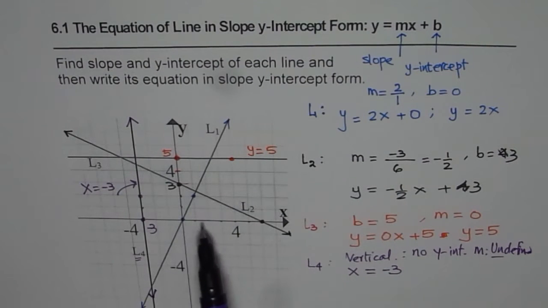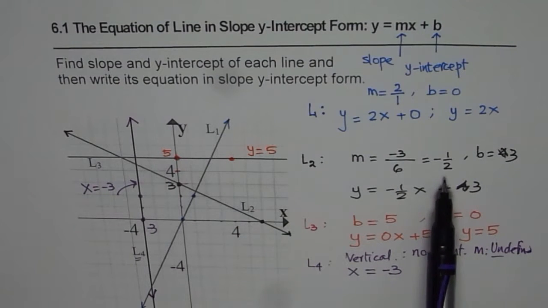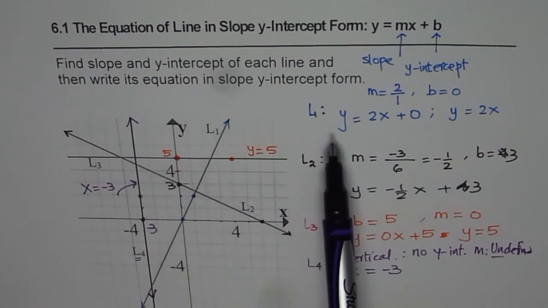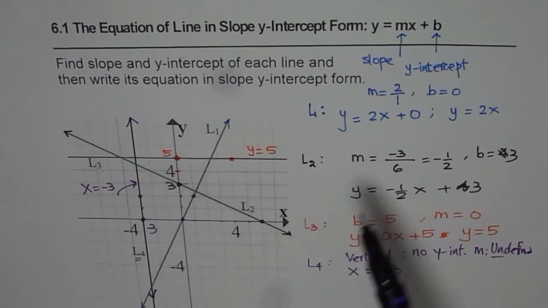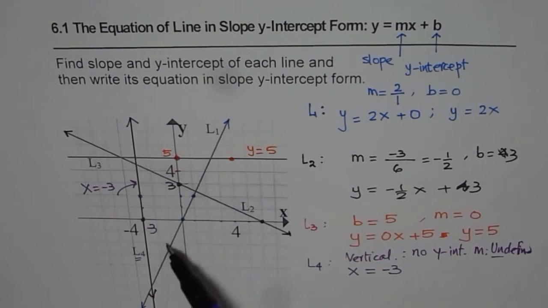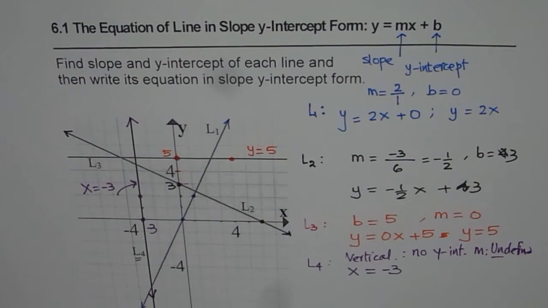So whenever you're trying to find slope, you can sometimes simplify it. It's good to write it in the simplest form. Line 1 is a rising line going through the origin, representing direct variation. So here b will be 0, and the slope is 2, so y equals 2x is the equation of the first line. I hope with this things become very clear, and let's move forward and explore more